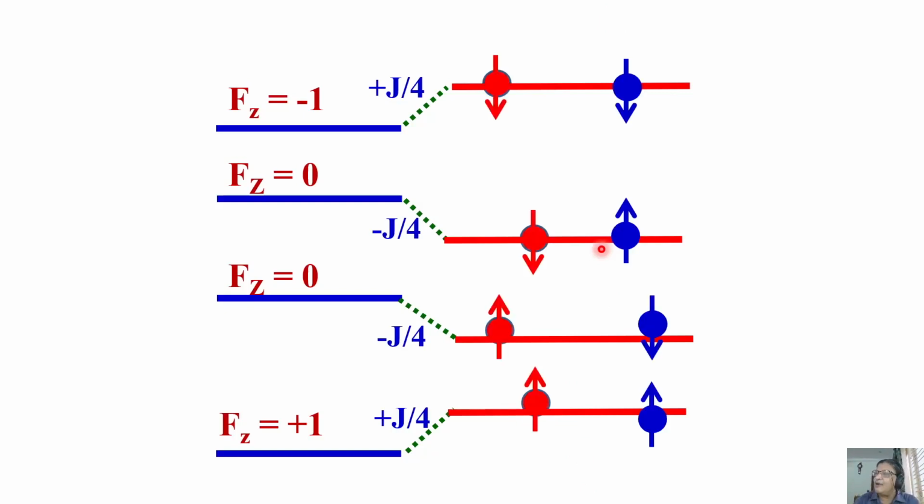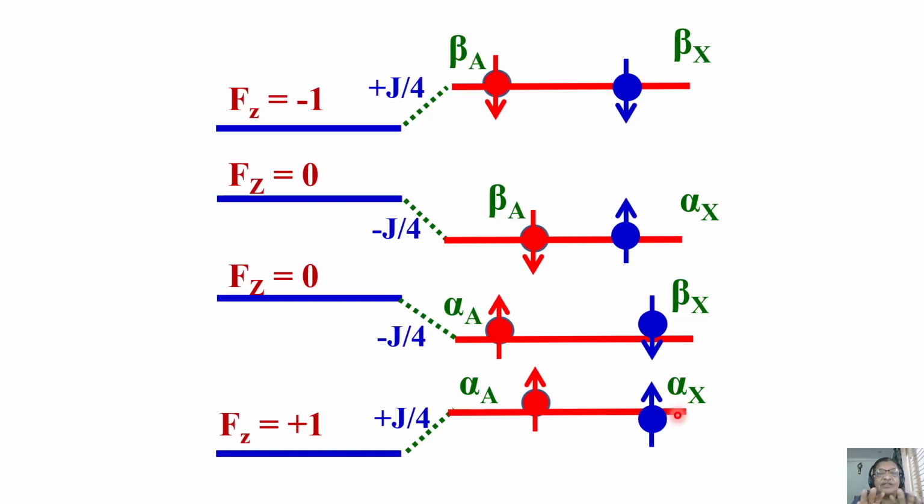Now, let us see what is going to happen for the same transitions. What are the transitions? Now you know this is beta beta, beta alpha, alpha beta, and then alpha alpha. Okay. Now I am writing like this. What is going to happen? Apply the same selection rule. What are the allowed transitions here? The number of allowed transitions does not change. It remains the same. 4 transitions are there.